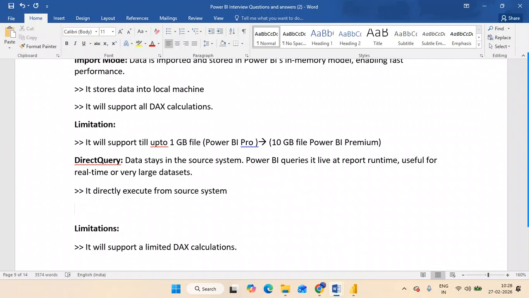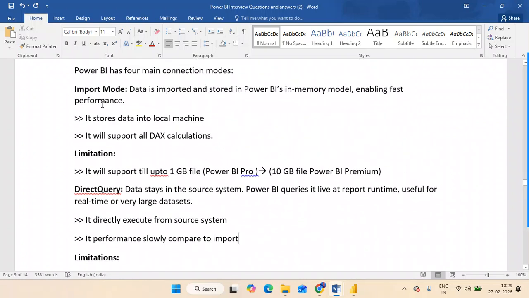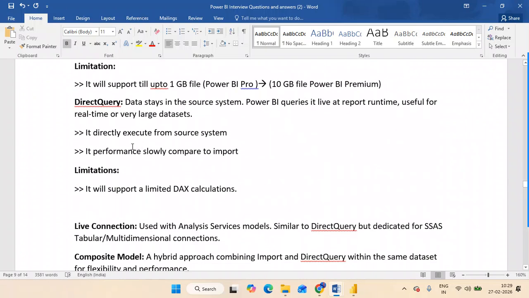Performance wise, which one is better? Import mode, you have to keep that in mind.